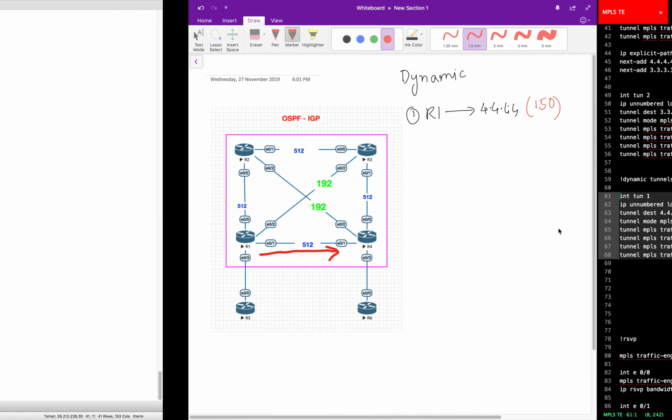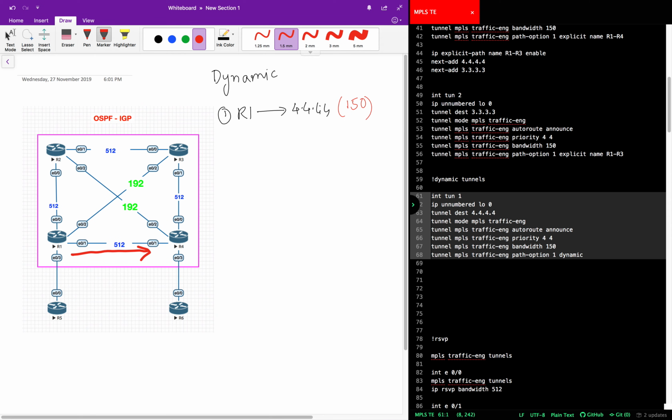Let's continue our use cases. Let's do the second one, where I'm interested in, say, my bad. For the second one, I want to go from R1, actually, let me do